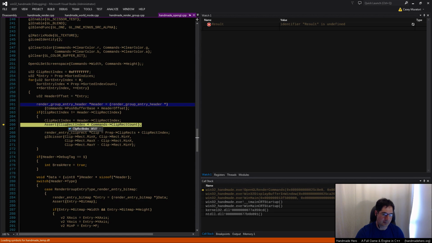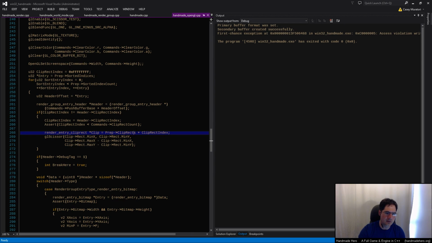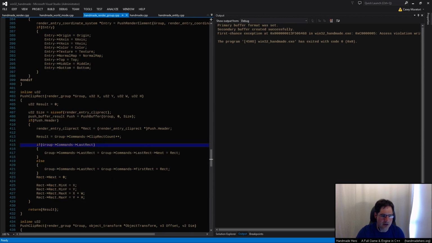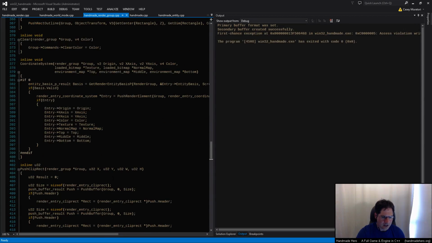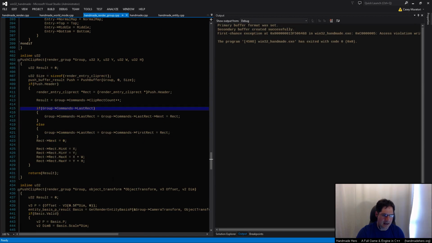Speaking of assertions on the pre-stream, this is exactly an example of one of those assertions. This is telling us that we have output a clip-rect index that is totally bogus. And so we need to go look at all the changes that we made to our code. It's not really a surprise that we messed something up. It's kind of finicky code that we were working on. So we need to go back there and take a look at what's going on and make sure that we have our code nailed down.